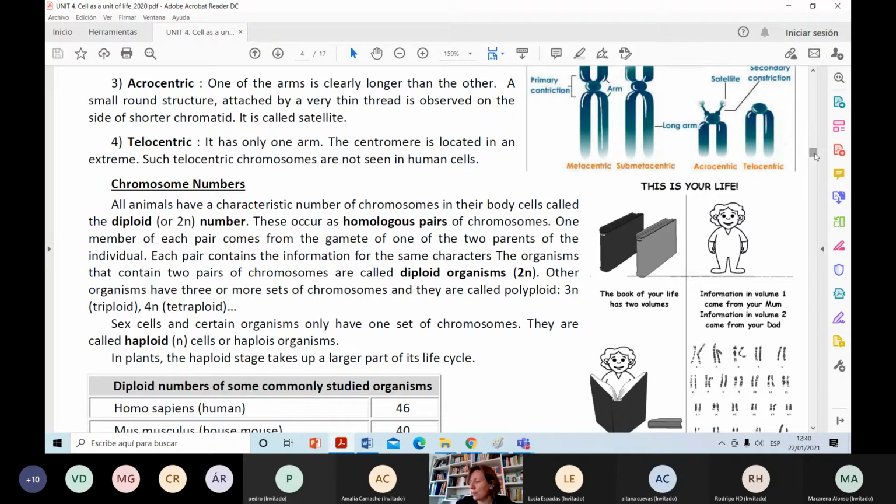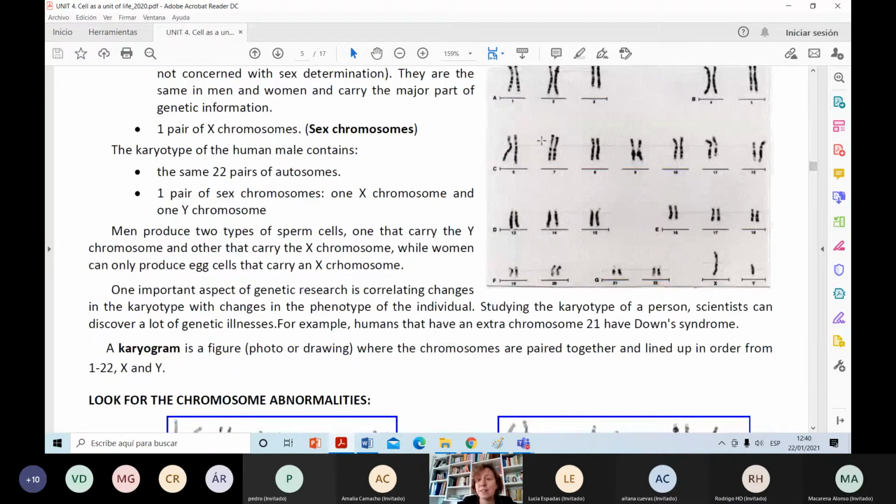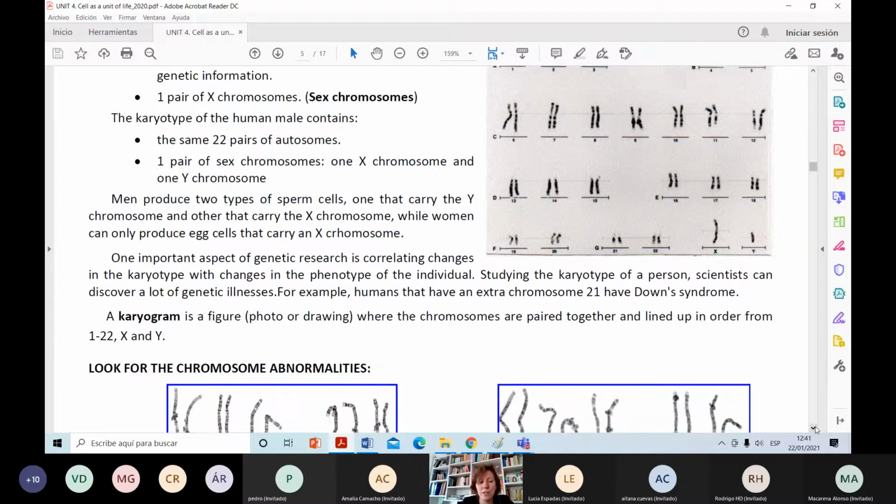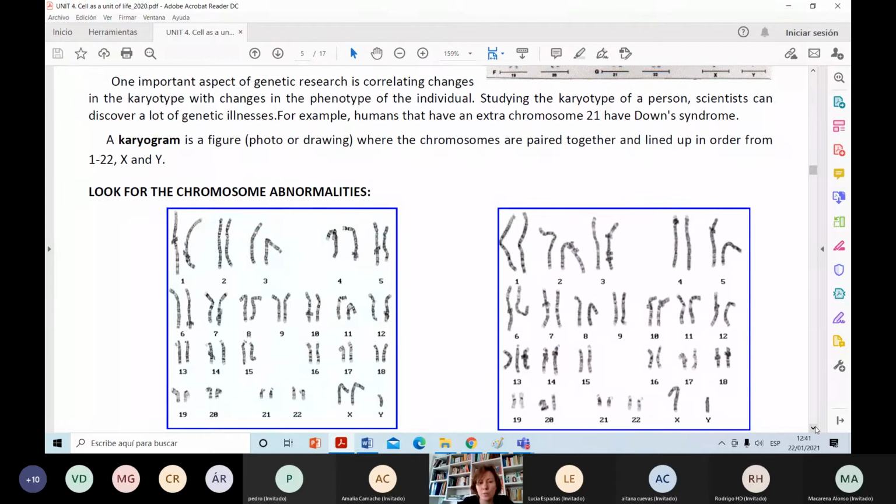Then where is the following part? The following part that you've got, you don't have in your book: chromosomal abnormalities. You don't have that. The karyotype: you've got something on the karyotype in pages 44 and 45. If you go to pages 44 and 45, it seems to be an activity, but you've got a lot of information on what the karyotype is and what karyograms are, but you don't have any information for specific chromosomal abnormalities